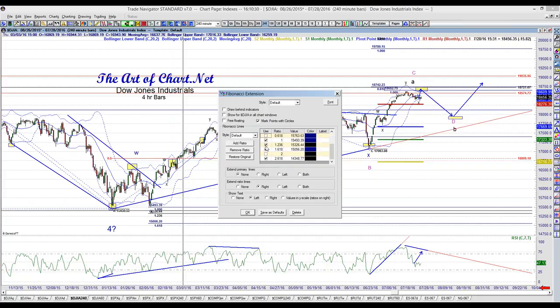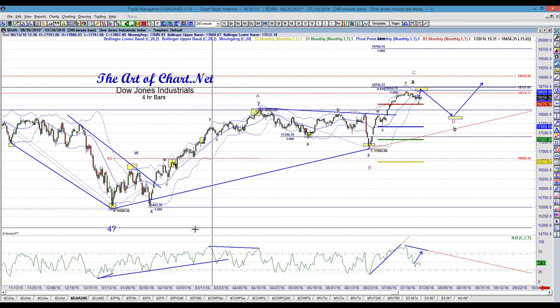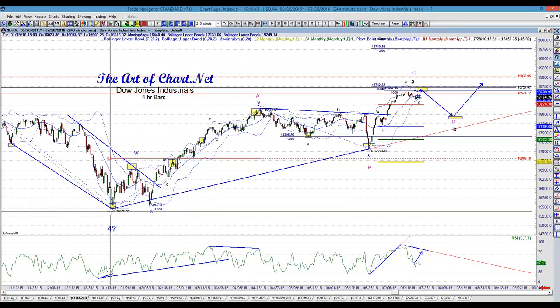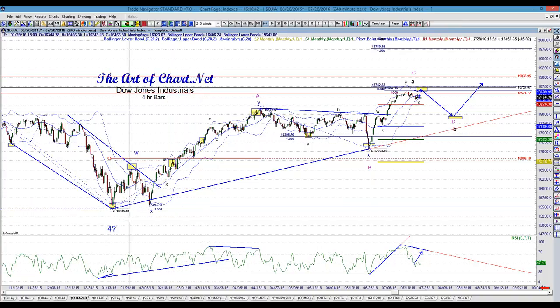Now, is that a double bottom from a classical perspective? Sure it is, okay? And is that something that you would want to take a shot at and trade long with a stop below the previous low? Absolutely you would. And what you want to try to catch in the Elliott, sort of mindset, if you will, is